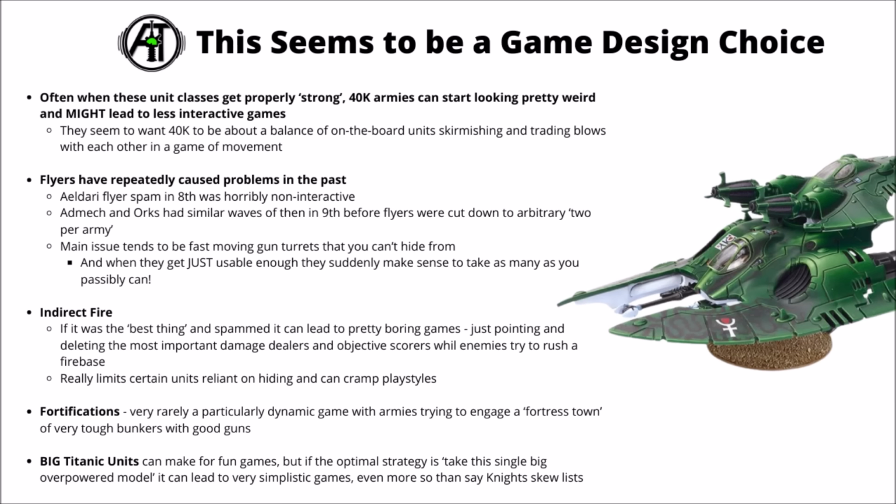Otherwise, indirect fire always gets a bit problematic when it's the best thing for an army, and armies wind up with multiple strong units that can delete enemies regardless of where they are on the board. It maybe doesn't help the entire movement and clever positioning sort of game that they probably want to have for 40k. And again, often if a little bit of it is worth it, then it can often be worth it